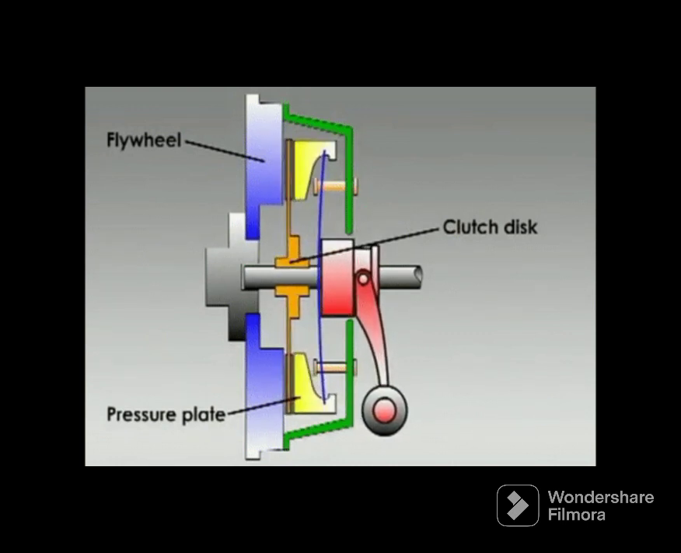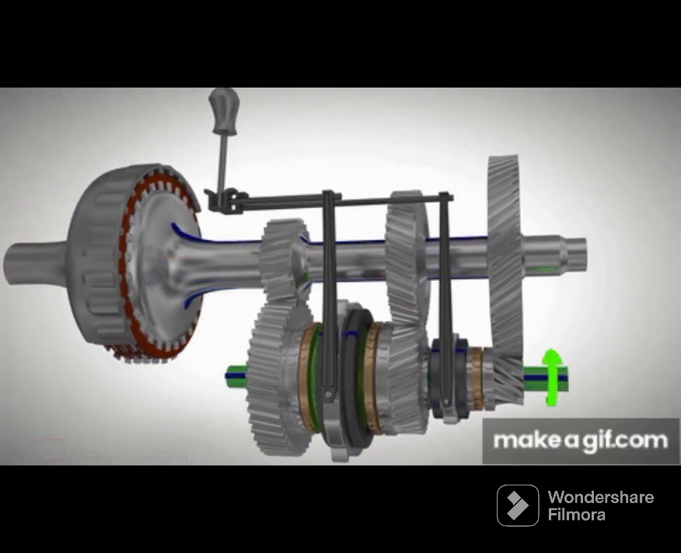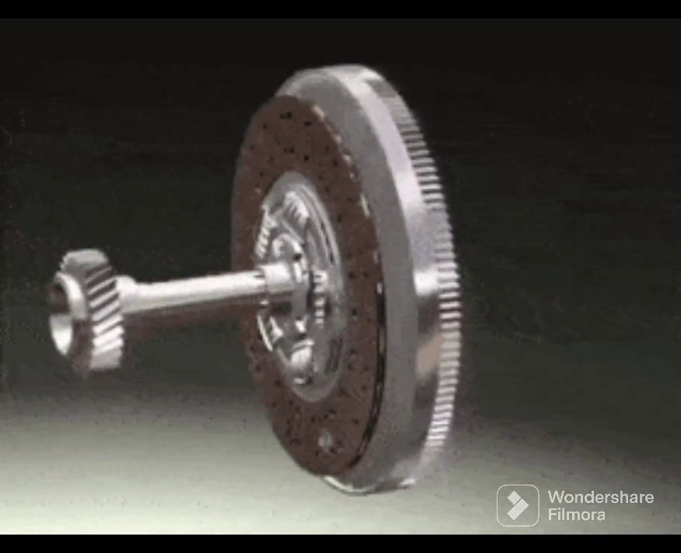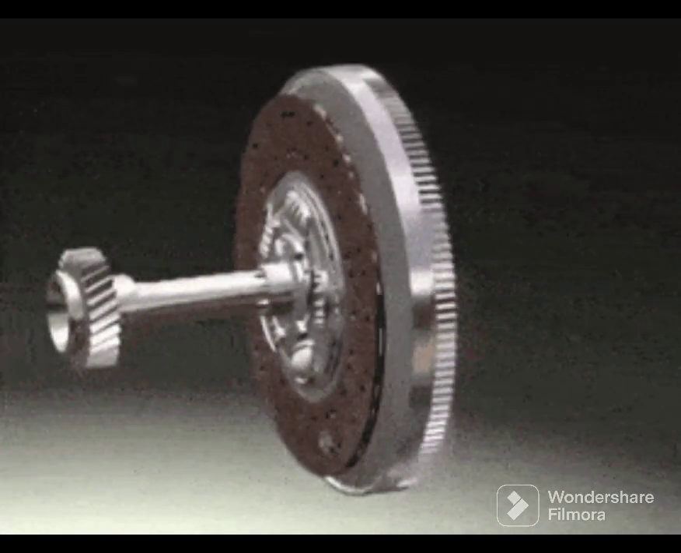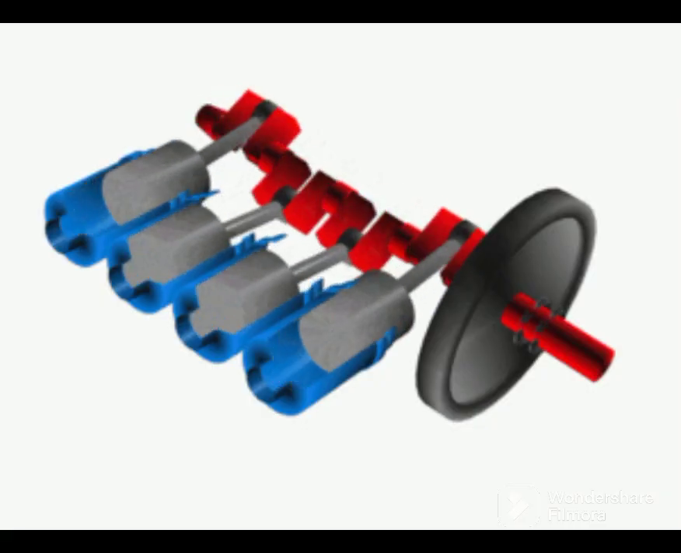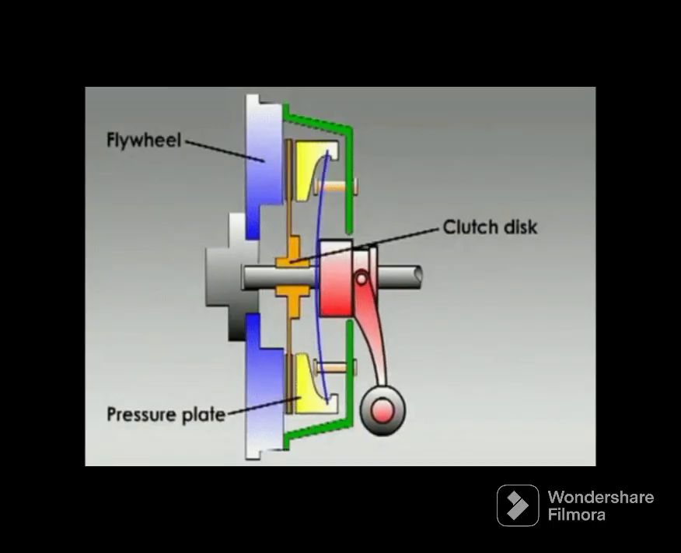In a manual transmission system, the clutch consists of a clutch plate, also known as a friction disc, and a flywheel. The clutch plate is attached to the transmission input shaft, while the flywheel is bolted to the engine's crankshaft. When the clutch pedal is depressed, the pressure plate, which is spring-loaded, moves away from the clutch plate, releasing the